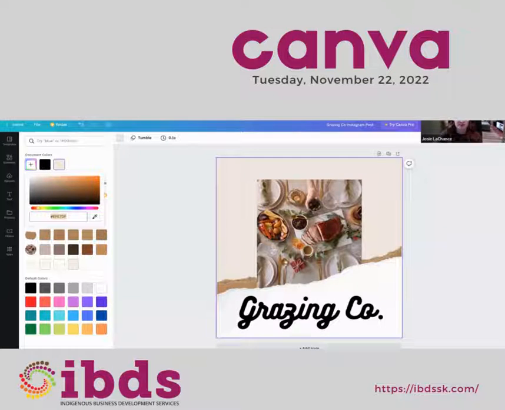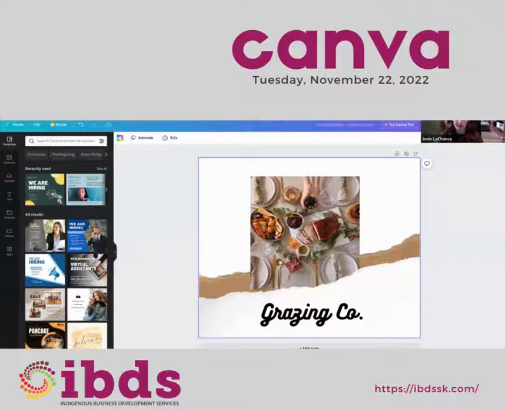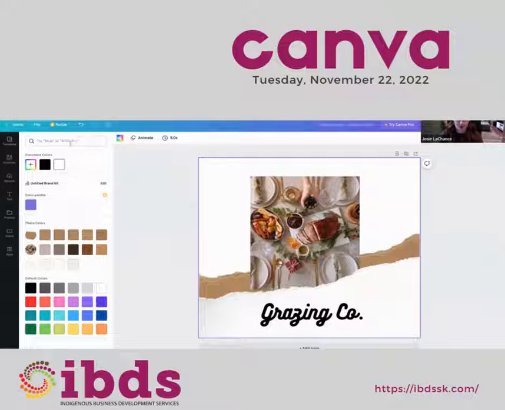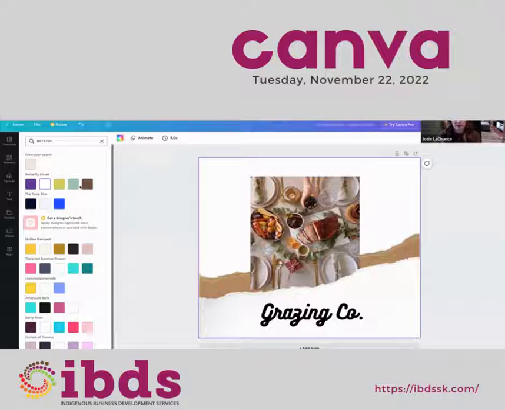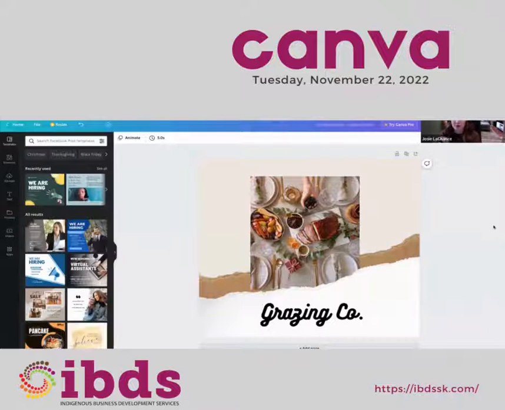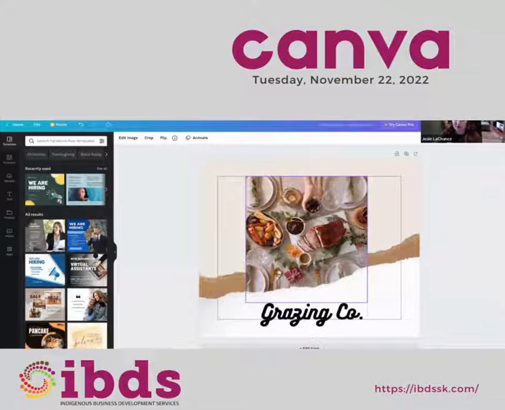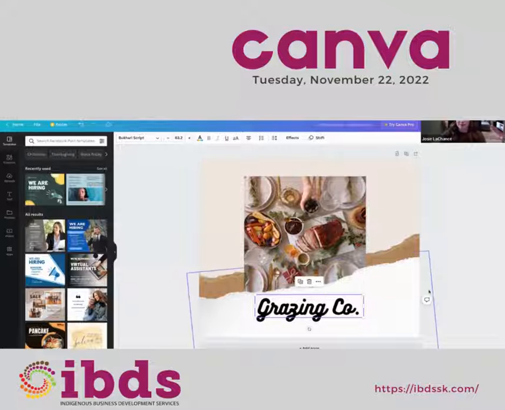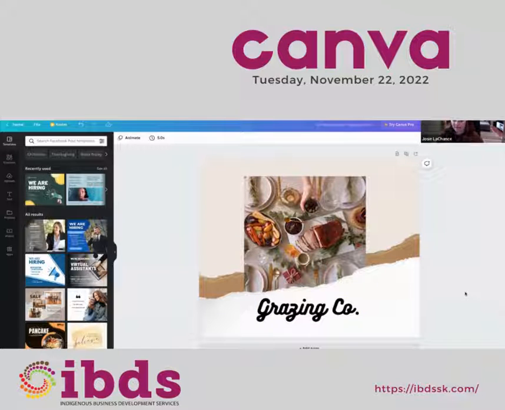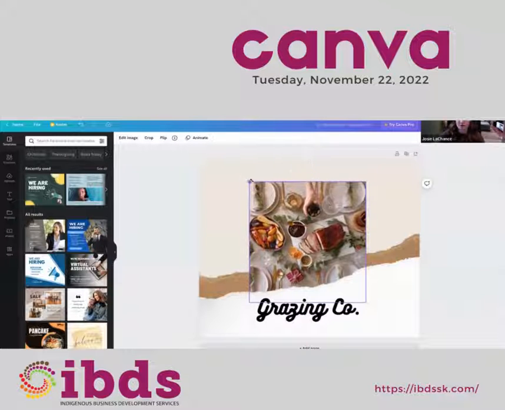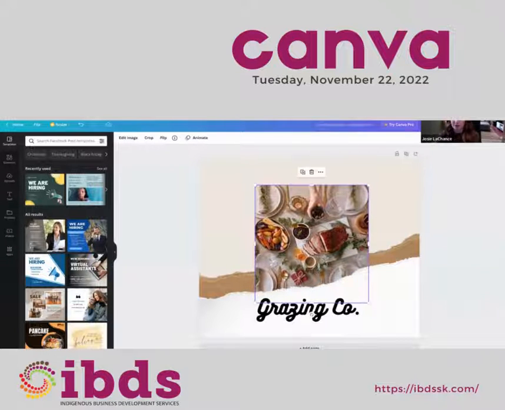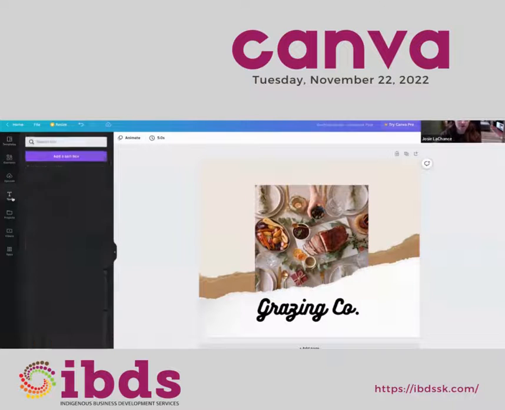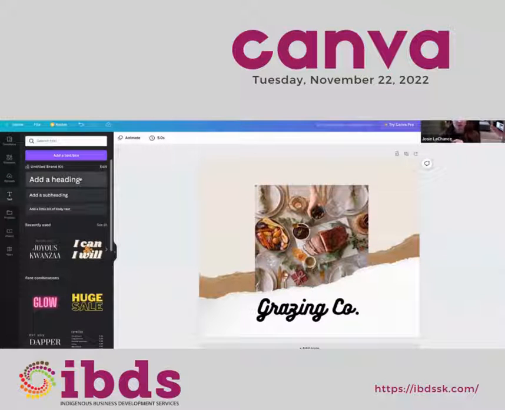This again, obviously, is a little bit more complicated and I can go through this part again. I just copied it and I'm going to paste it and put it in there. So there's the similar image that I would have on Instagram. I now have it on Facebook. And sometimes because the Facebook template is bigger, you can add more to it if you want to make it a little bit different than your Instagram post.